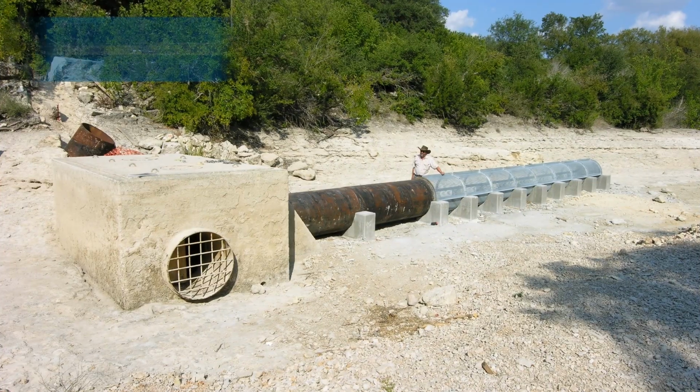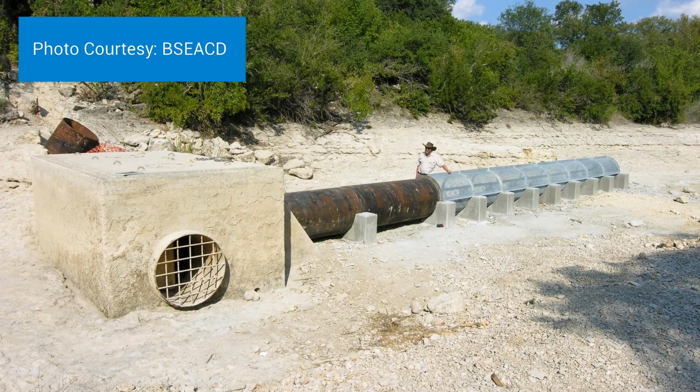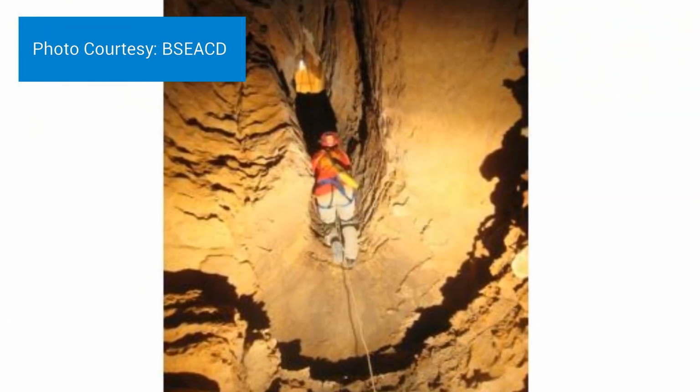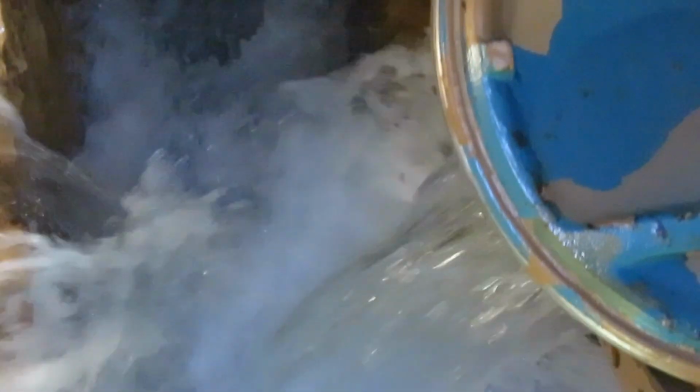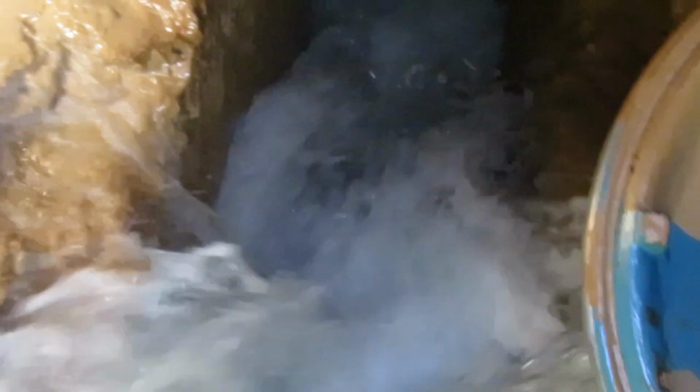This is a picture of a dry Onion Creek, and you can see the vault more clearly here. Check out this photo taken from inside the Antioch Cave. This is a real important feature, and what we're doing here with this is improving on what the conditions were, maybe getting back to the conditions before people were living out here and causing the runoff from all the highways and ranches and subdivisions. Several of the city's wells are located within 1 to 2 miles of this unique feature,